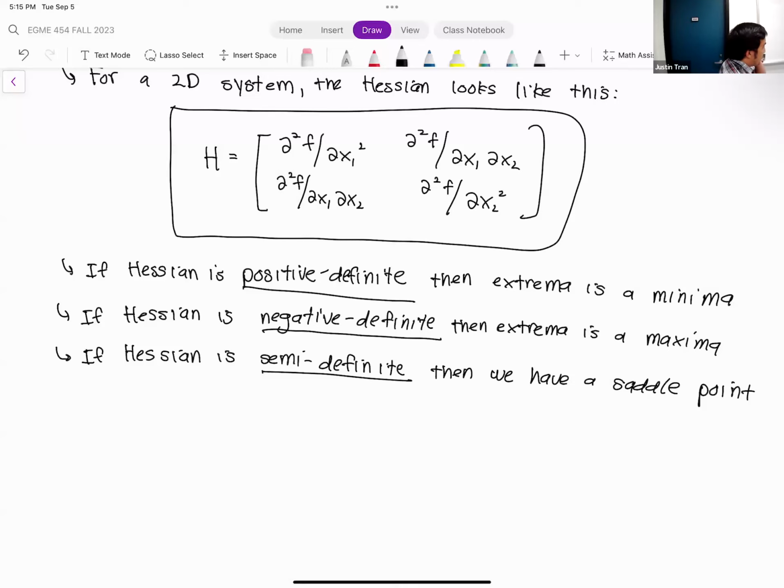Unfortunately, we won't be able to get to the definitions of positive definite and negative definite, but we're going to start the lecture on Thursday with those. We'll define those on Thursday and do a couple of examples that illustrate this process. Then we'll be done with the unconstrained optimization. Any questions on this before we wrap it up for today?